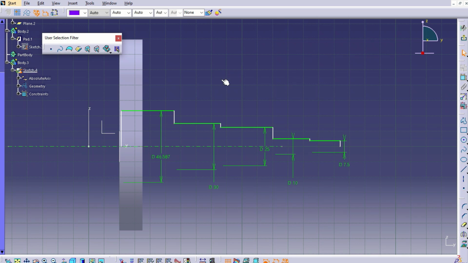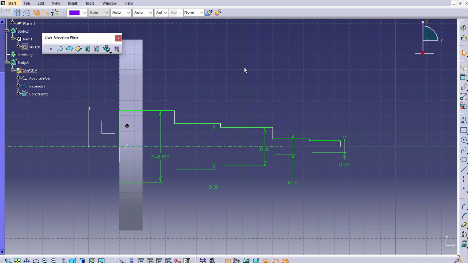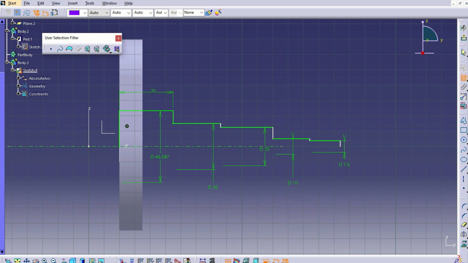This one also let's hide it, and these two to coincident. Looks nice. Okay, now this dimension should be 35 or 15 minus 18, 20. Okay, 35, and this dimension,